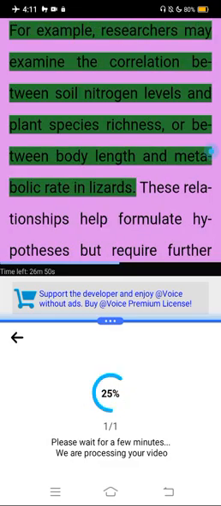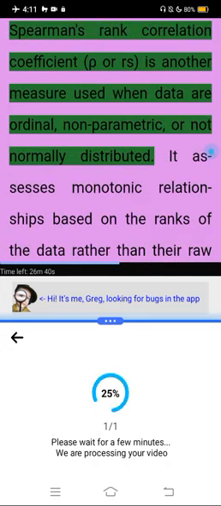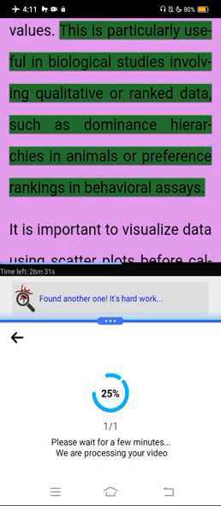For example, researchers may examine the correlation between soil nitrogen levels and plant species richness, or between body length and metabolic rate in lizards. These relationships help formulate hypotheses but require further testing for causality. Spearman's rank correlation coefficient, rho or rs, is another measure used when data are ordinal, non-parametric, or not normally distributed. It assesses monotonic relationships based on the ranks of the data rather than the raw values. This is particularly useful in biological studies involving qualitative or ranked data, such as dominance hierarchies in animals or preference